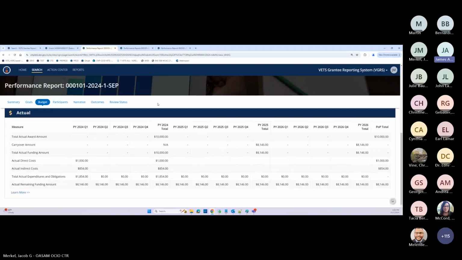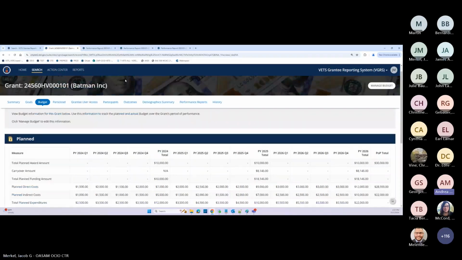Let's say we create a report and then we notice that we didn't have our budget quite right before we submit it. We'd have to go back and make changes to the budget and recreate the report. Correct. And what would happen to the other draft that we hadn't submitted? Is it just going to sit there in the queue forever? Correct. It just